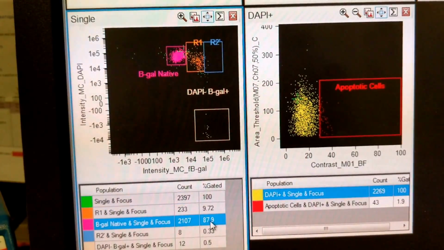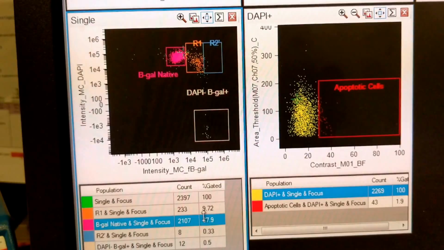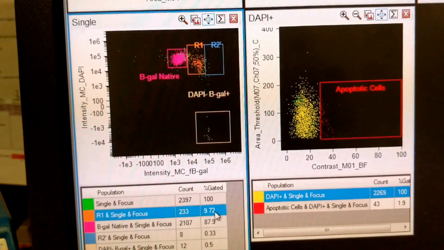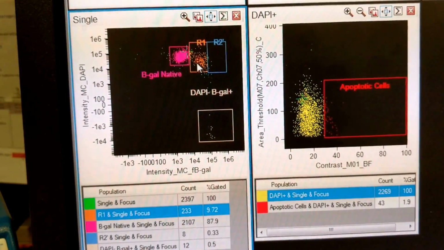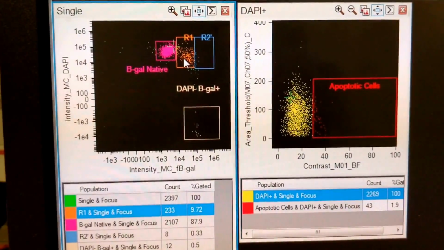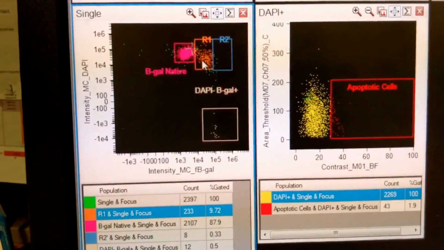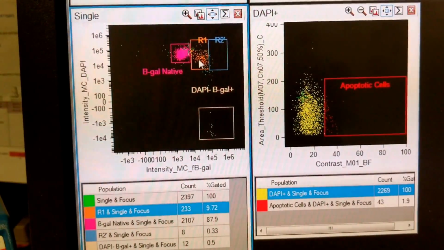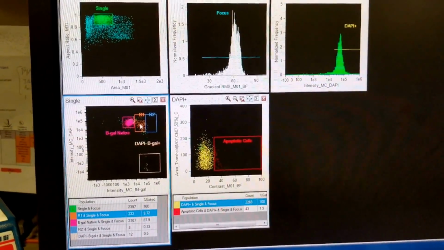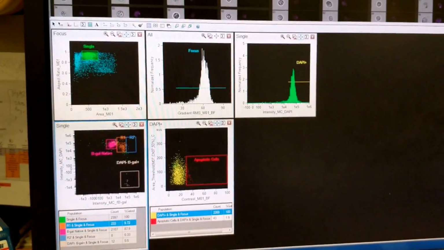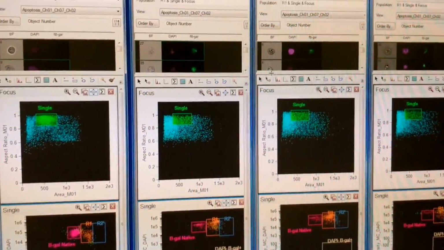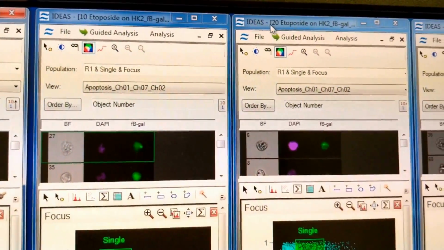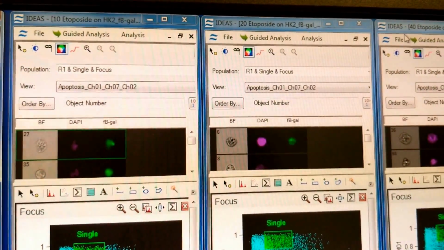So around 87% of cells are in the native quadrant, and around 10% of the cells are in the R1 quadrant. So this sort of matches with our in vivo data, where around 5 to 10% cells are senescent. So now let's take a look at if we run this data at doses of 10 nanomoles probably of etoposide, 20 nanomoles and 40 nanomoles of etoposide, what